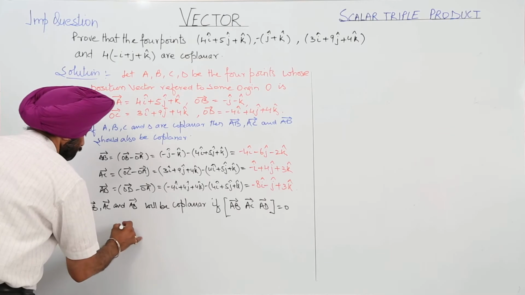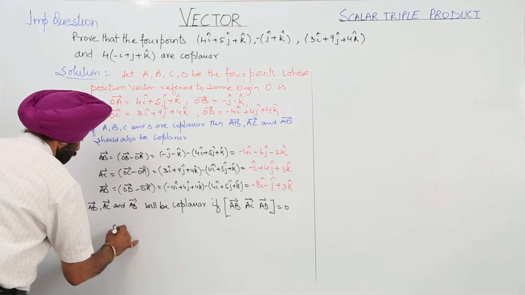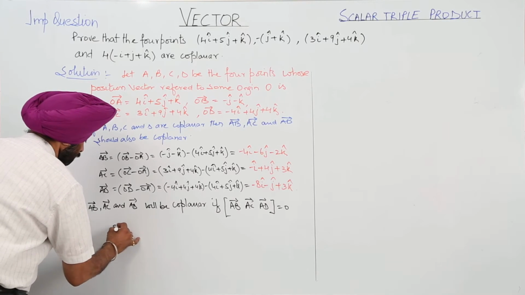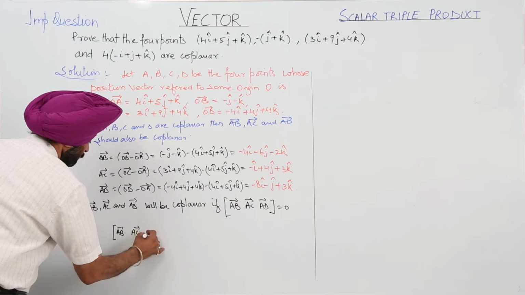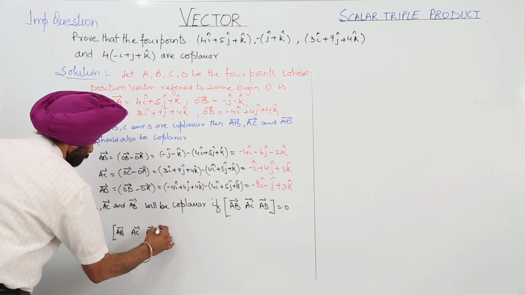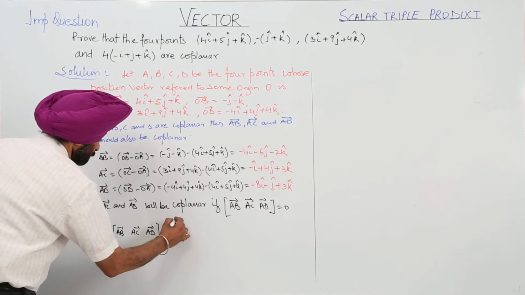Now vector AB, vector AC, vector AD is equal to